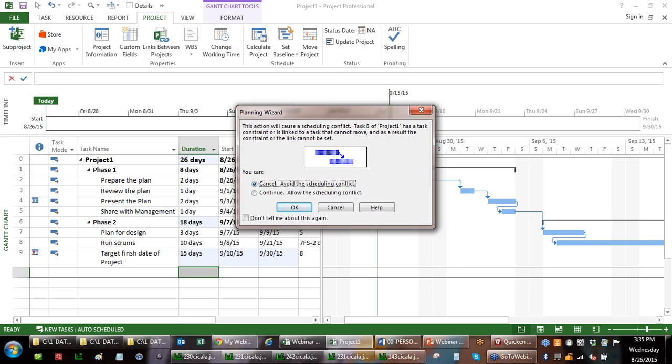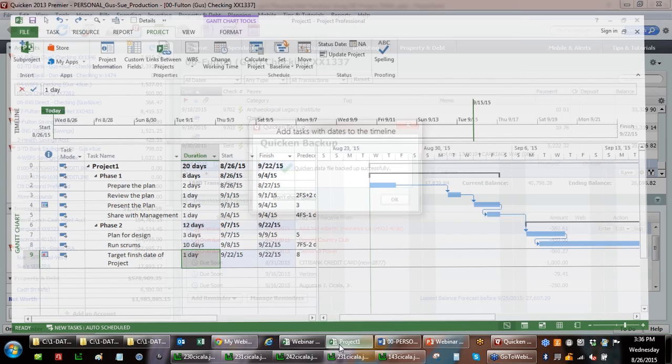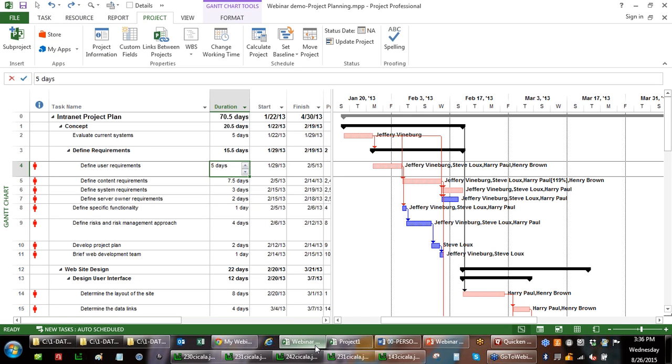You've got a crinkled arrow. It's trying to move, but it's not allowed to move. What's it telling you? We've got a problem. In this case, I would actually cancel and see what's going on. In this case, we can go out there and say, what's that constrained task? We can see it. We can now sense and be told there's a problem. Okay? So the last thing I'm going to show you before I send it back to Jim is